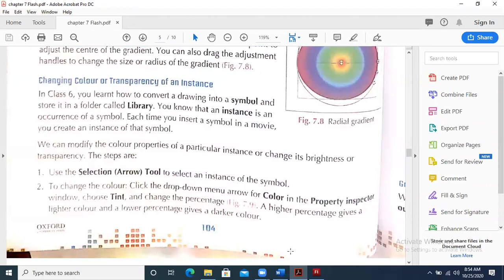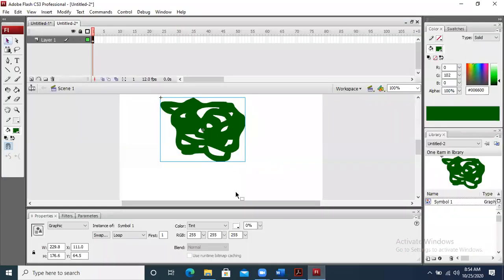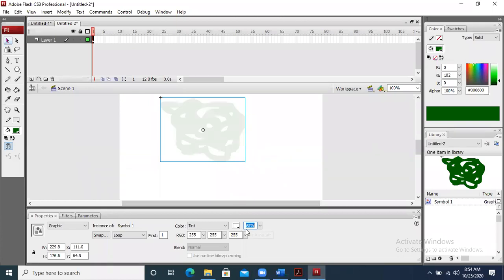Let's suppose if I make it 90%, you can see that it is hardly visible. If I make it 95%, you won't be able to see it even. The object is there, but you are not able to see it. If I make it 50%, it is half visible. Okay, this is how these properties work.